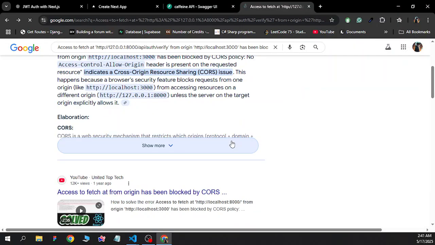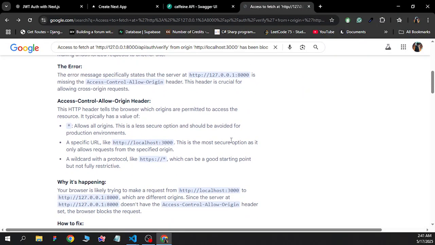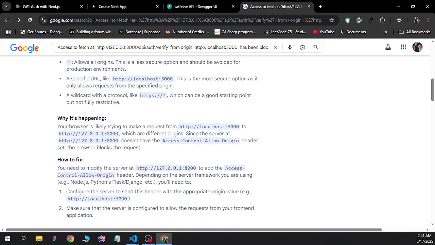It's not helping. Because from this to this, which are different again, since the server at